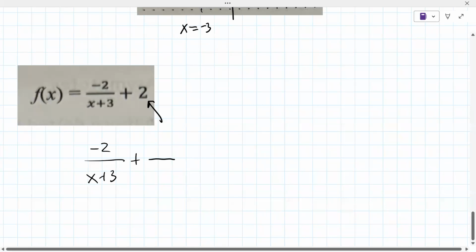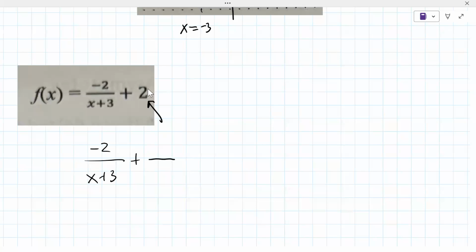Nope, we need to write it as a fraction. How do we write this number as a fraction? 1/2. No,